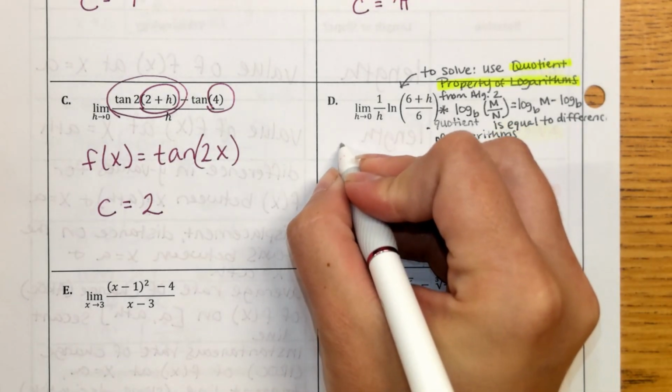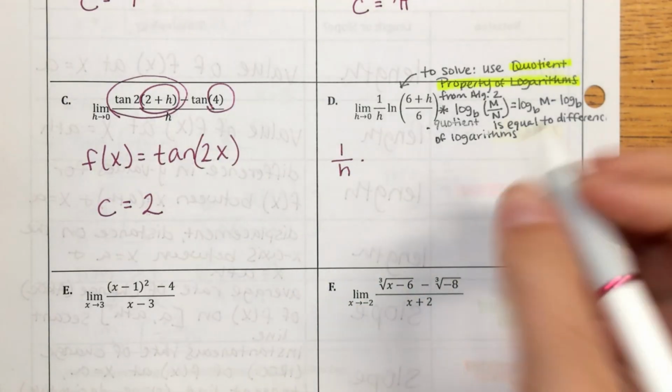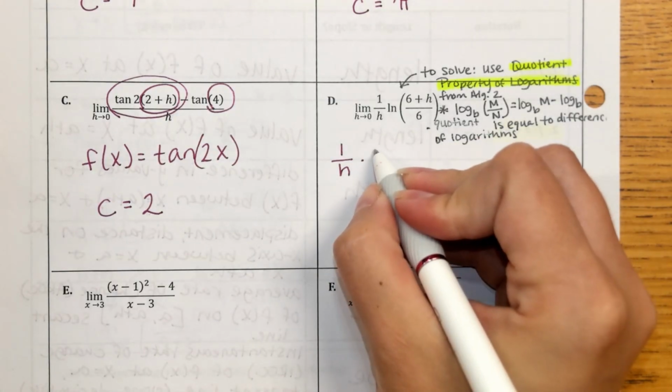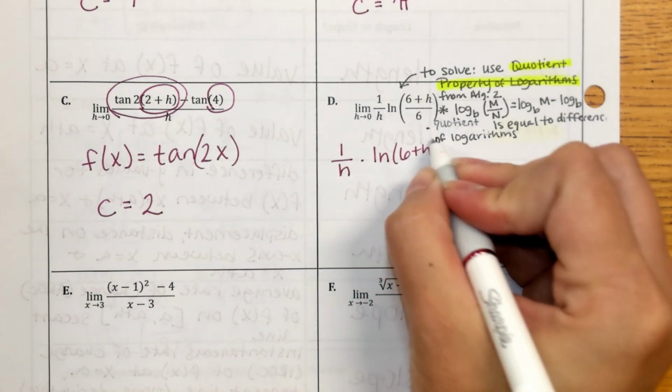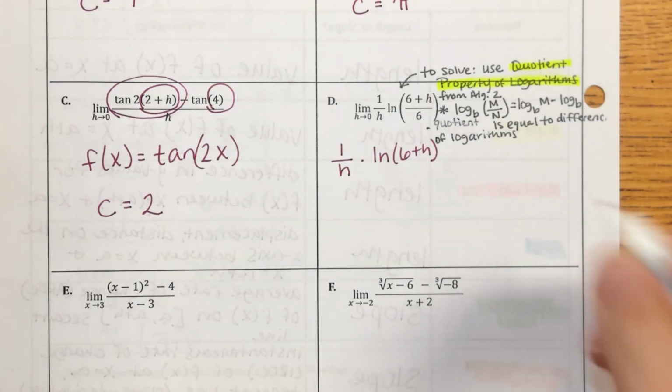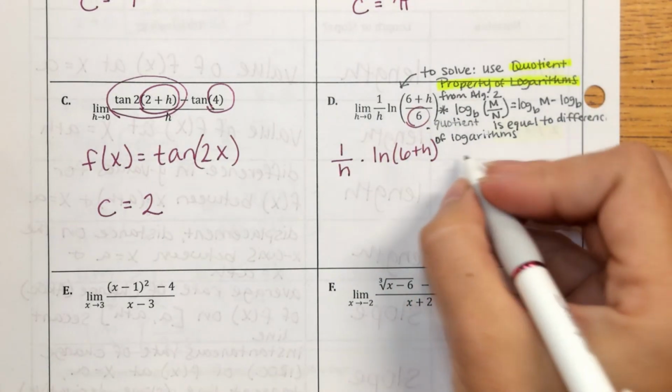So we have our 1 over h times, this is going to become natural log 6 plus h. And because we're dividing here, we're going to subtract